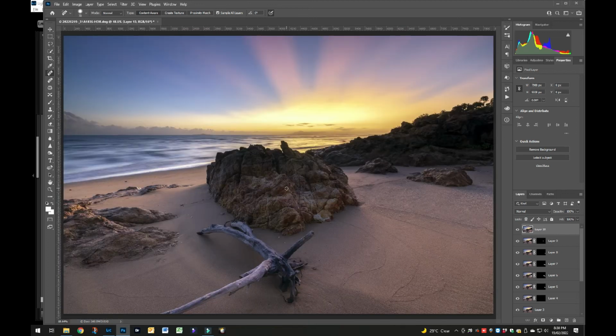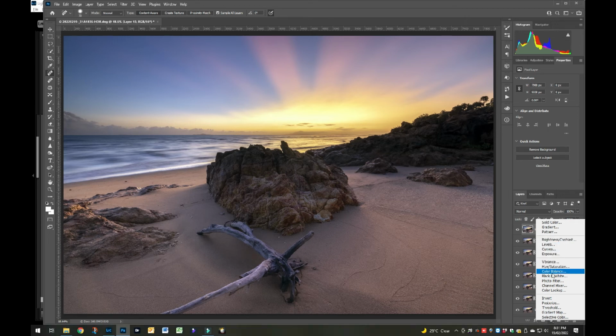Alright, so that looks a lot better. Just looks a lot neater, and you've got those more defined leading lines leading into the image. I don't think there's anything else I would probably do in Photoshop. I'll probably take it back to Lightroom now